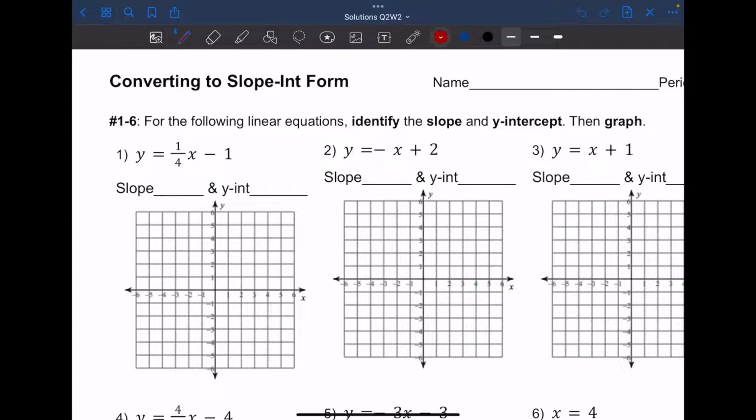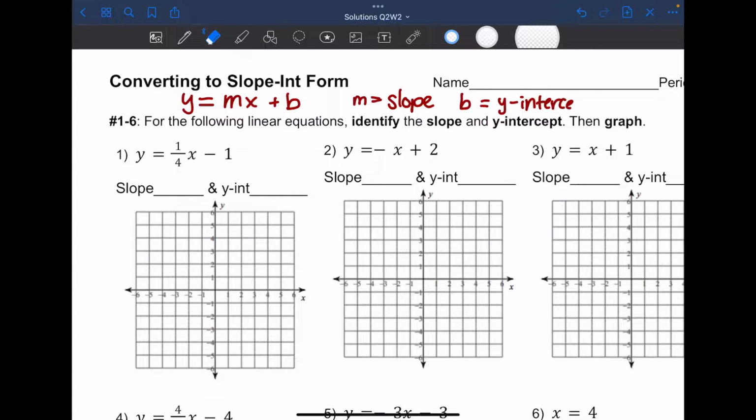As you may be familiar with, and even if you're not, slope-intercept form is y equals mx plus b, where m is the slope and b is the y-intercept. It's the y value of the y-intercept. That is a strange looking b. Hang on. It's going to bother me if I don't fix it. There we go. So your y-intercept would be like 0, comma b,